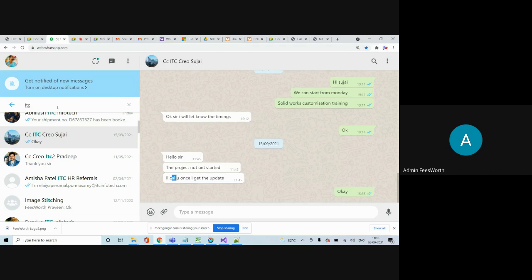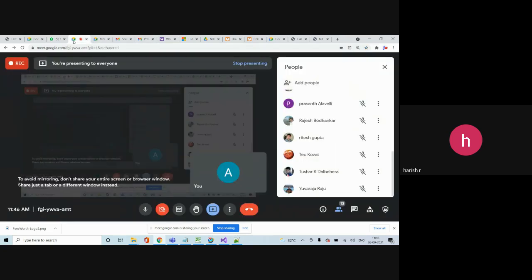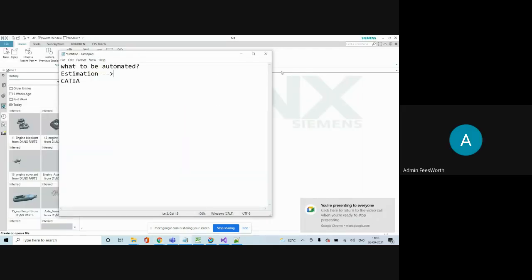Which tool are you using? I'm using Creo. I have a complete license for Creo Toolkit and VB API. Everything is there, but I want to learn Creo Toolkit. Yes, you can do that. Is Creo Toolkit licensed or free of cost? Creo Toolkit is licensed and costly. I have the complete Creo Toolkit license in my company. Then that is enough. The development and all is free, you can do it easily.